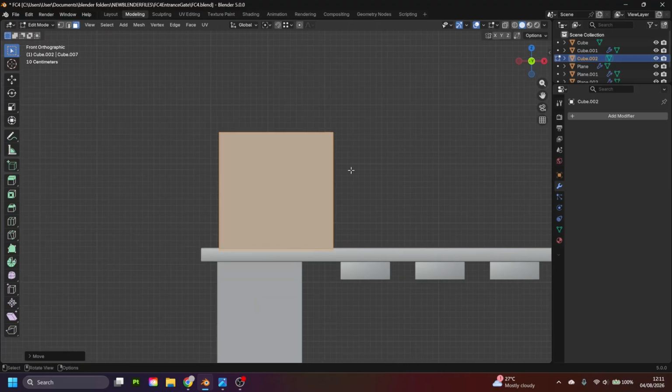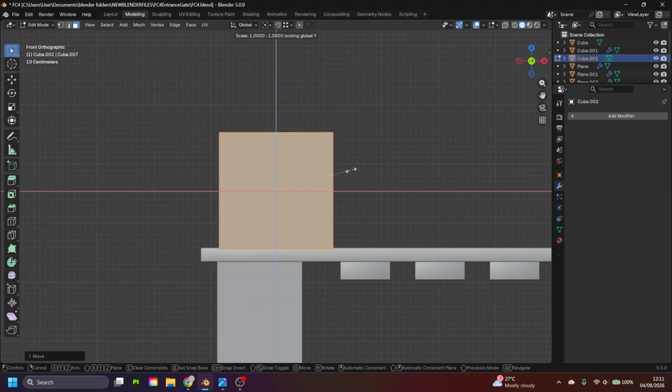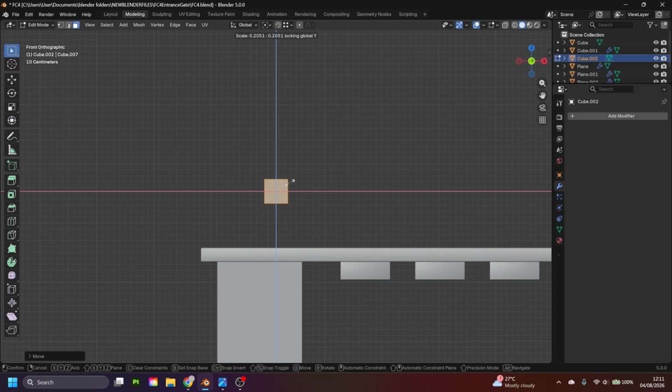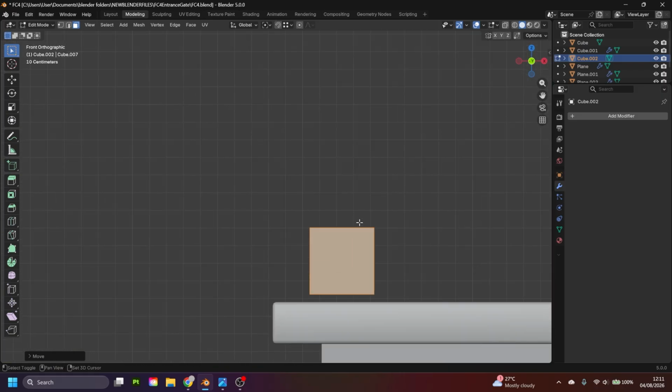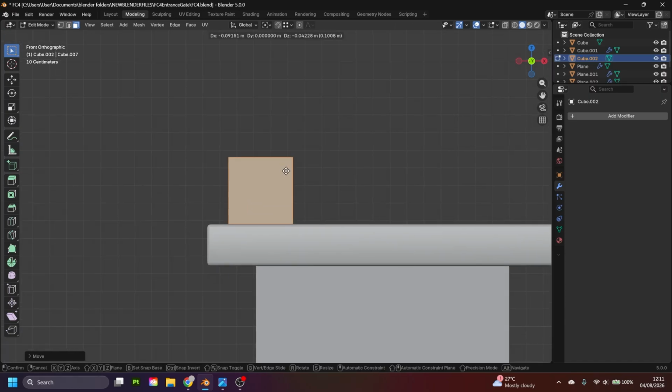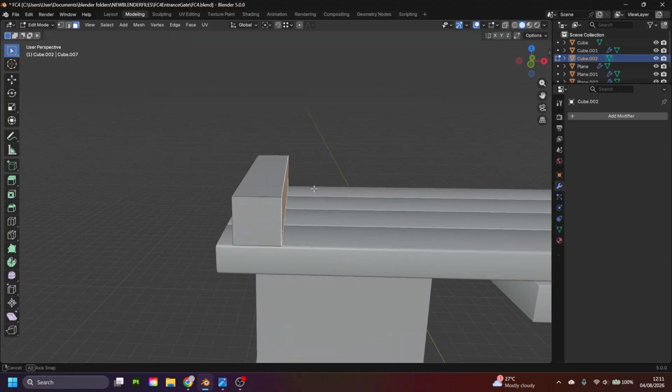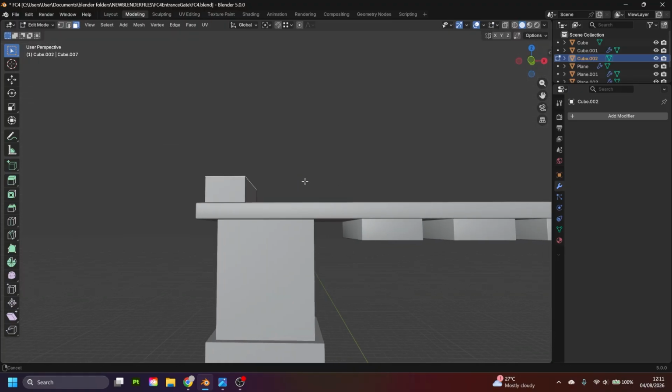just drag it over, and if I go S for scale, shift Y, I can scale in all the axes apart from the Y axis, so that basically gives this look. I can bring this down a bit. I think I want it to be around, say like here, not like perfectly to the end, just like in between kind of the distance between this point and this point here, something like that. I'm going to make it a bit longer on this side as well, and maybe a bit smaller, something like